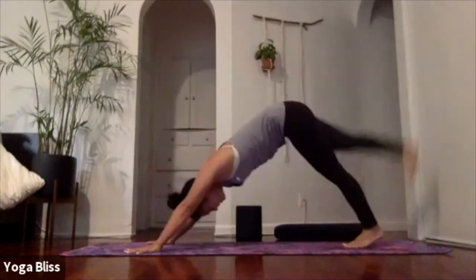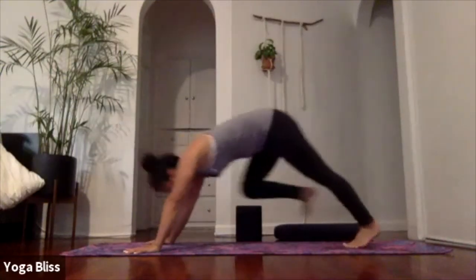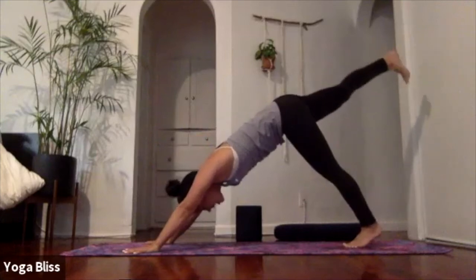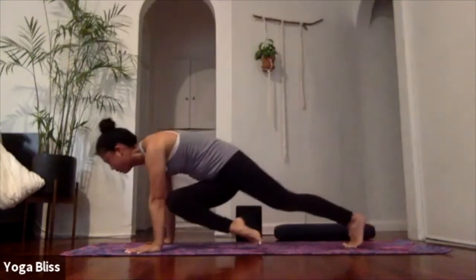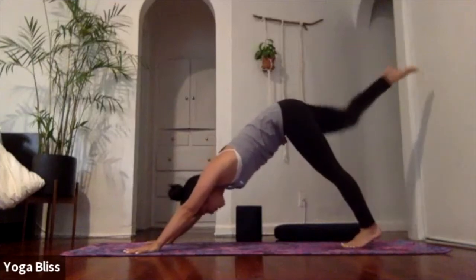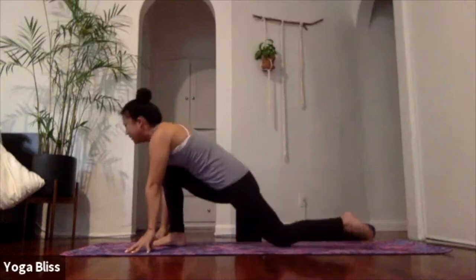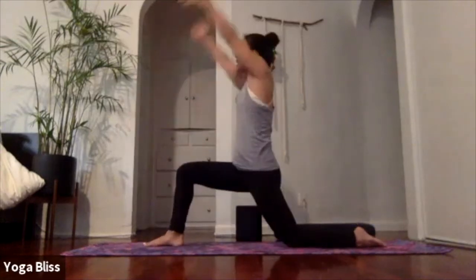Inhale, back. Exhale, knee to the right, outer right shoulder. Inhale, three-legged dog. Exhale, cross, right knee to left elbow. Inhale, back. This time, exhale the right foot forward in between your hands. Drop the back knee, release the toes, inhale your arms up to the sky,